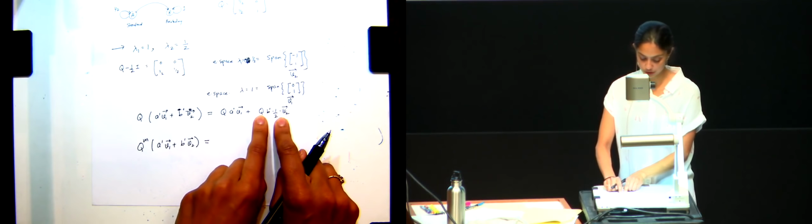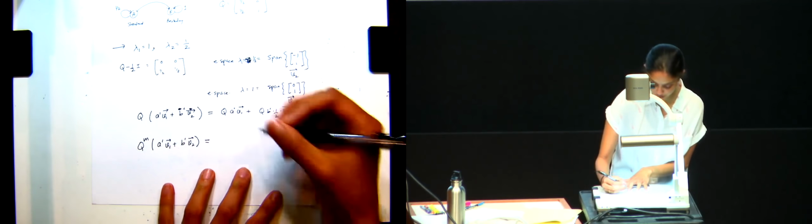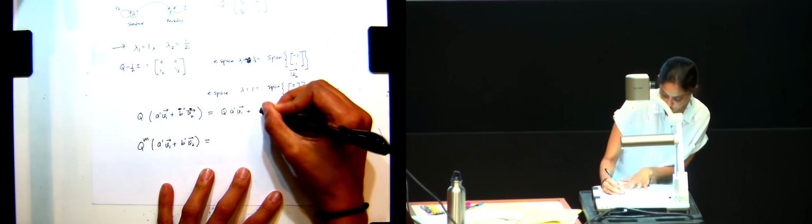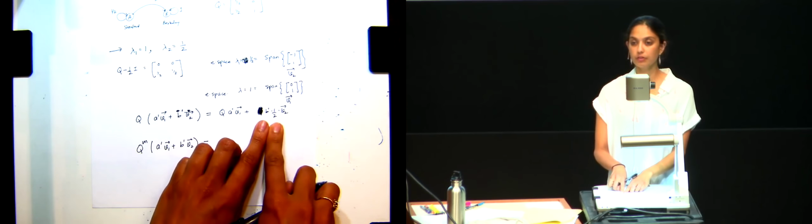Oh, here. Why is the Q on the right side? Oh, good point. Very good, thank you. This was a typo. This Q should not be here. Really good, thank you. I made a mistake here. Did everyone catch that?